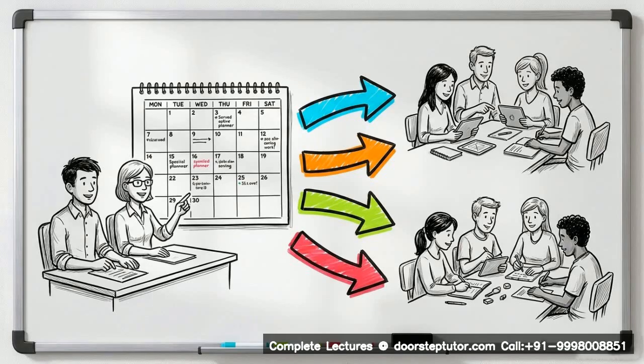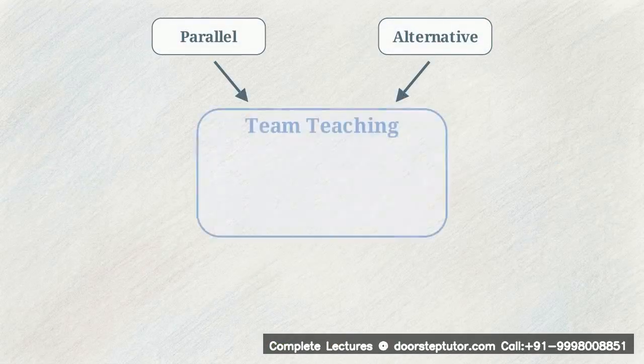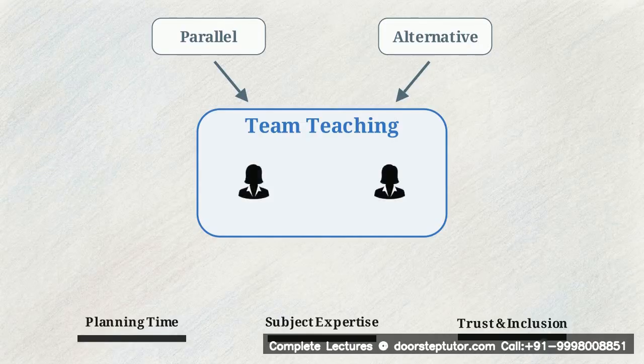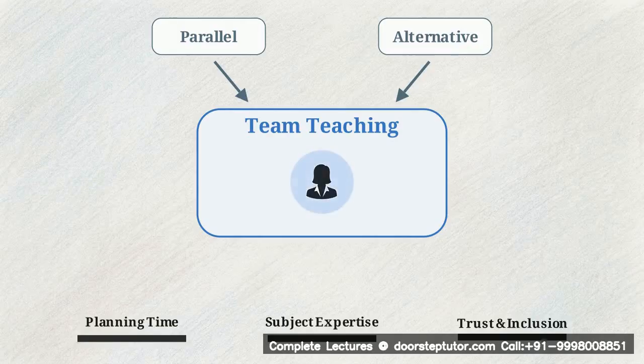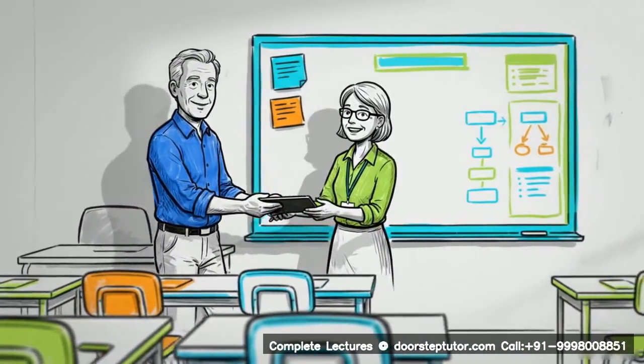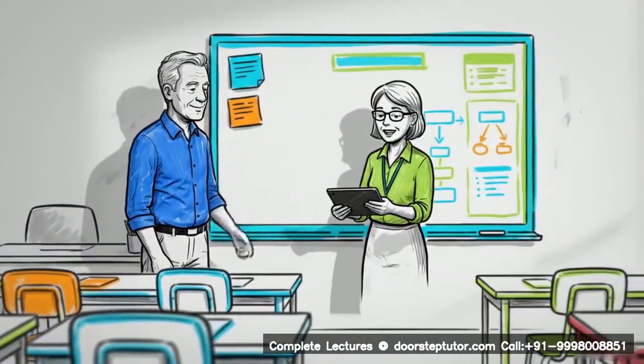groups synchronized. Team teaching is the apex of the hierarchy, demanding peak levels of planning time, subject expertise, and trust. Ideally, both educators share instruction dynamically, blending their styles so that they appear as equal status partners to the students. Achieving this level of coordination usually requires 2 to 3 years of working together, alongside a shared philosophy of inclusion. If the secondary teacher lacks subject mastery, instructional flow breaks down during student questioning, leading to confusion and a loss of teacher credibility. Veteran teaching pairs who have spent years aligning their methods are best positioned to utilize this apex